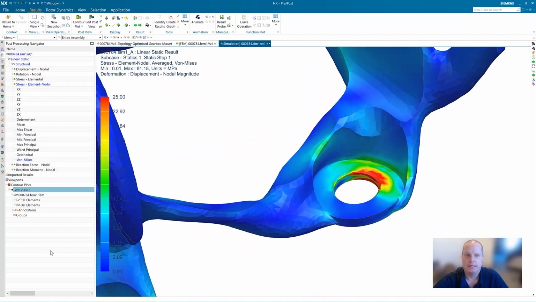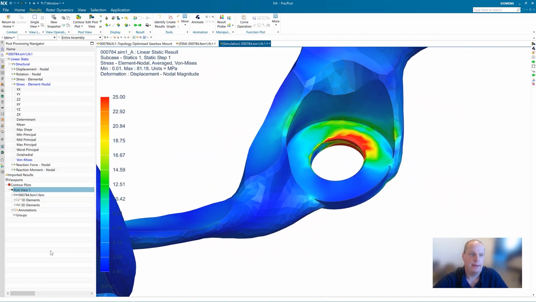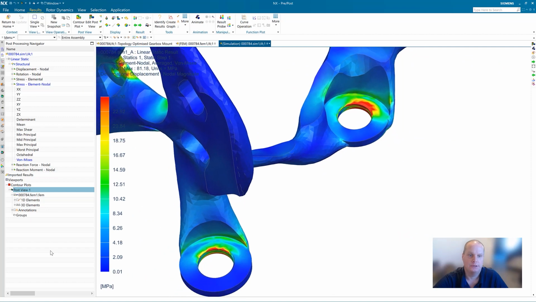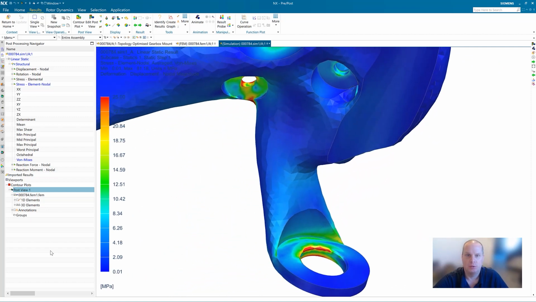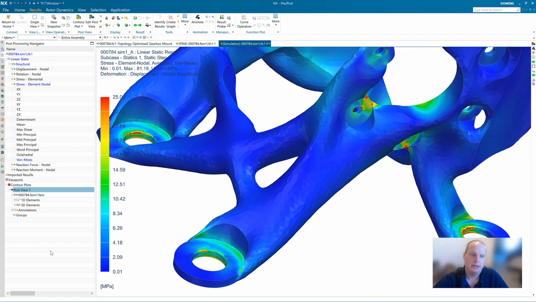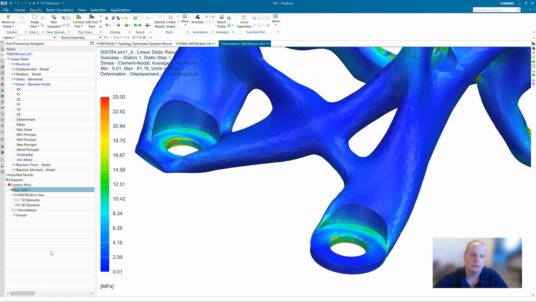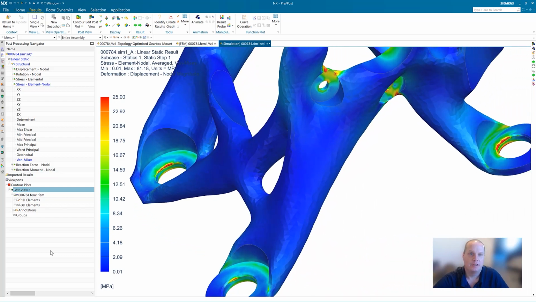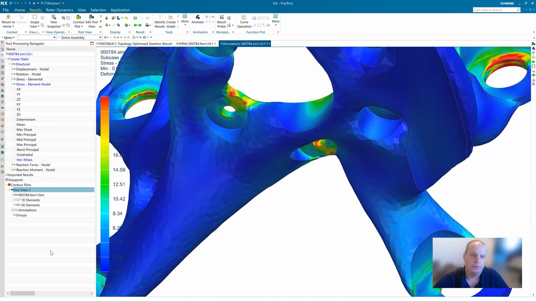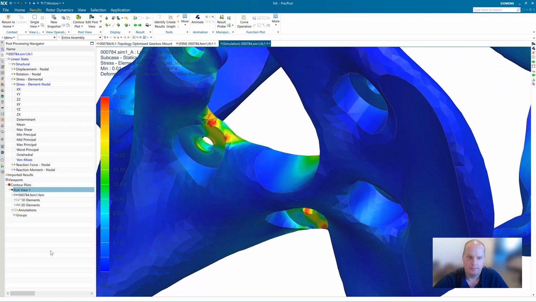Every structural analysis will indicate the locations of maximum stress with a red color contour. You will see a few areas in the model that have a color red. But we do not need to be concerned, as the overall magnitude of the stress is very low. The results indicate we have a good design that will be able to handle the performance requirements for the part.